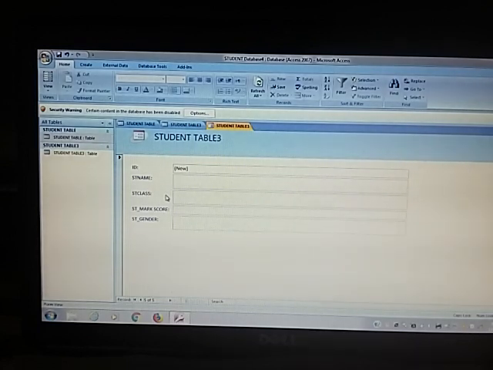Student name Manu, class 7th, mark scored 150, gender male.